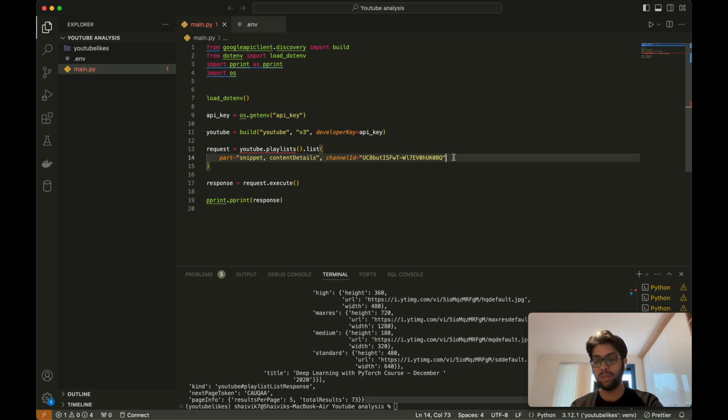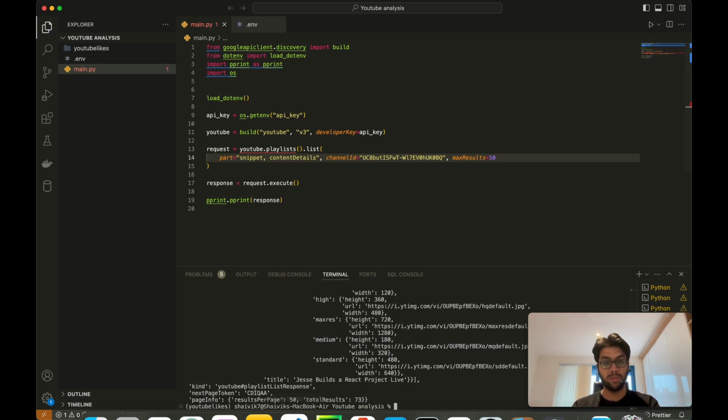So we are going to basically run the program twice. Anyway, I'm going to do max results equals 50. Clear this. I won't usually clear this, but since I'm doing a video, I'm doing that. Yeah. Now we have the next page code,